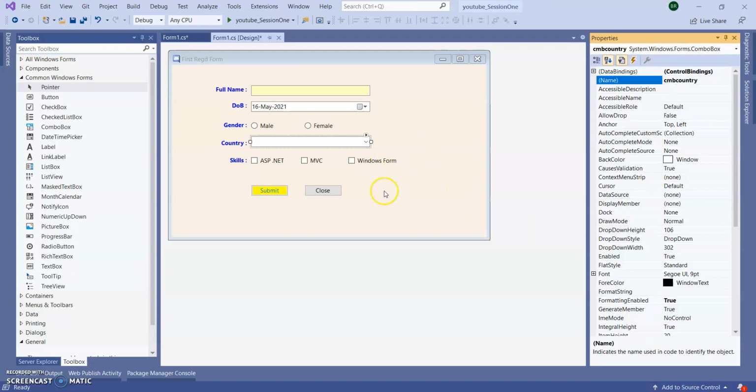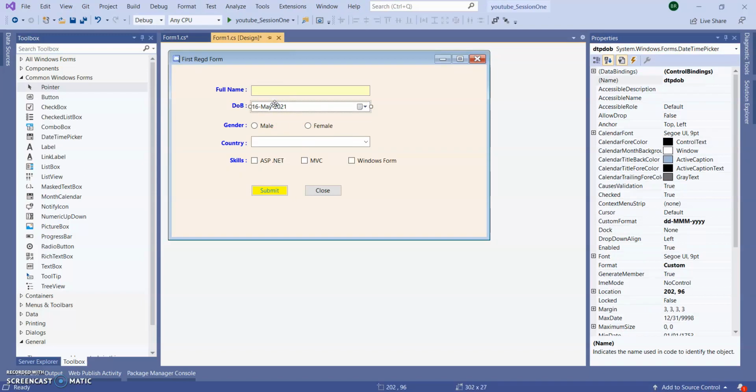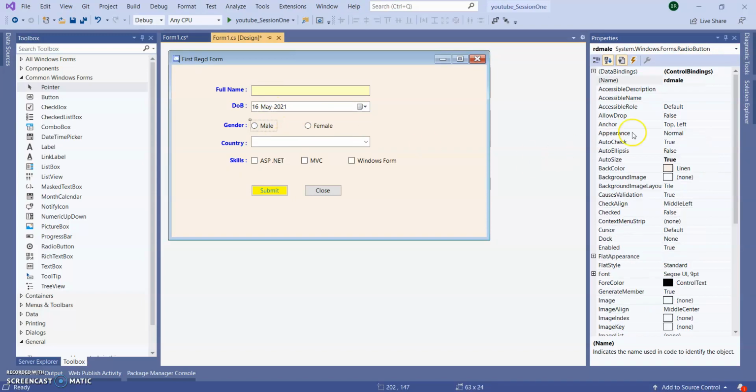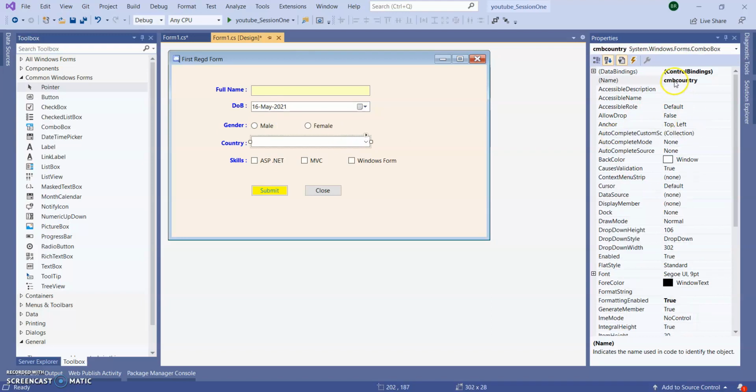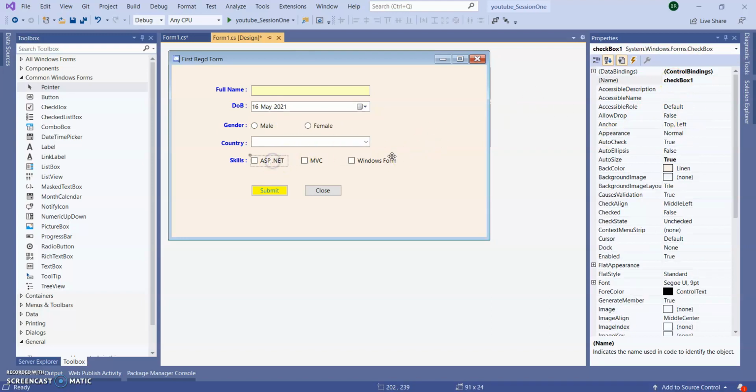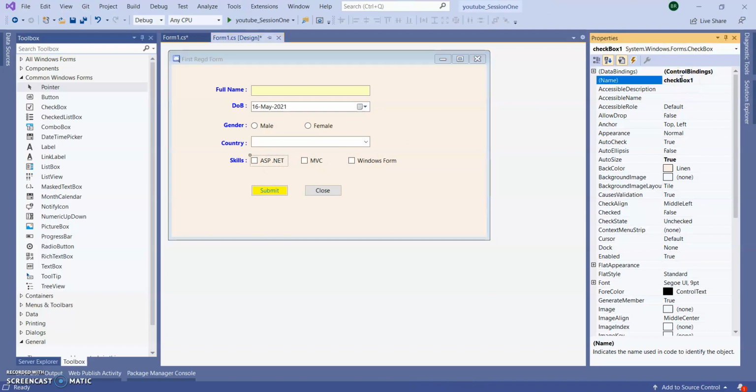Guys, to give the name, for a text box I am starting the prefix with txt. For date time picker, I am starting the prefix with dtp. For radio button, I am starting with rd. For combo box, I am starting with cmb. In the same way, I can give checkbox as chk, chk asp.